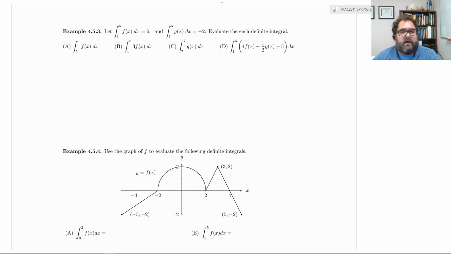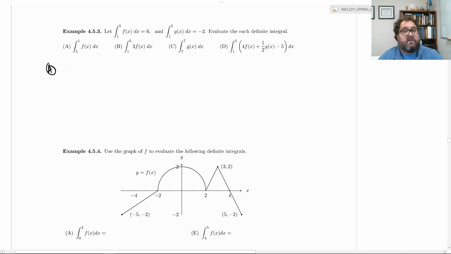Here we have a given set of definite integrals. So we have the definite integral from 1 to 5 of f of x dx is 6, and then the definite integral from 1 to 5 of g of x is -2. So we have 2 different functions, but we're talking about the same interval. And let's just use properties of integrals to figure these out. Okay, with a, notice we want the definite integral from 5 to 1. Okay, from 5 to 1,